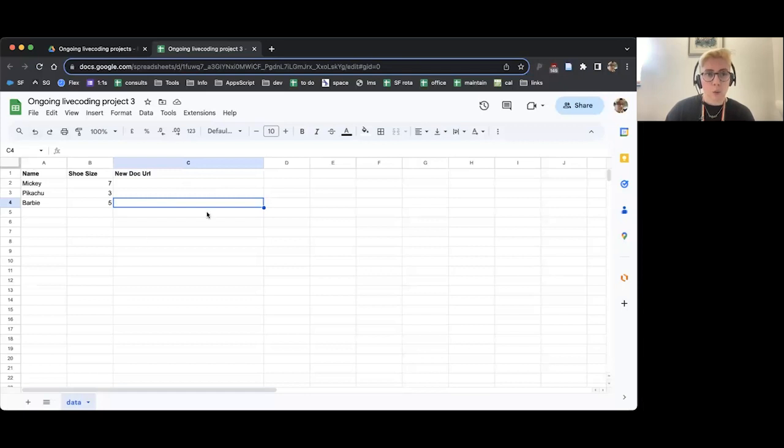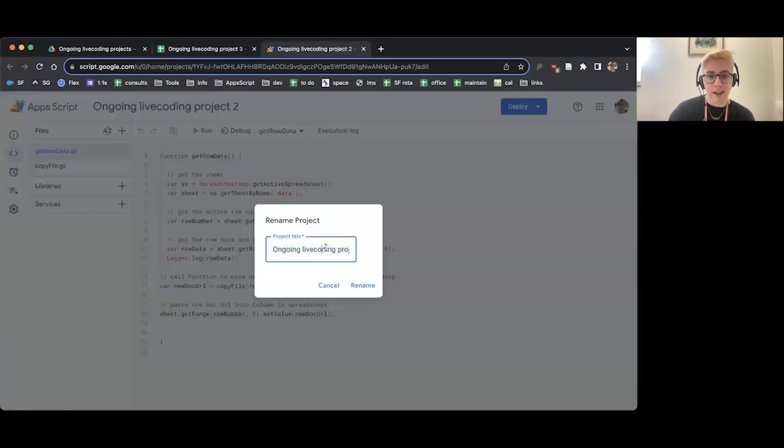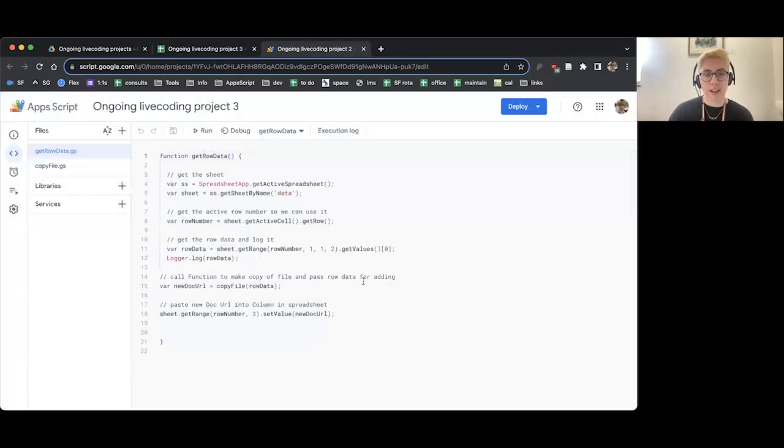So once we've done that, we're ready to start with our app script. So I'm going to go up to extensions app script to open the app script project. As so. Now this has got the previous code in from last time, but the name of it's wrong. So I'm going to click there and I'm going to go to the end and I'm just going to change it to 3 and click rename. Just so I know where I am, I'm not worried that I'm actually working in the copy by accident.